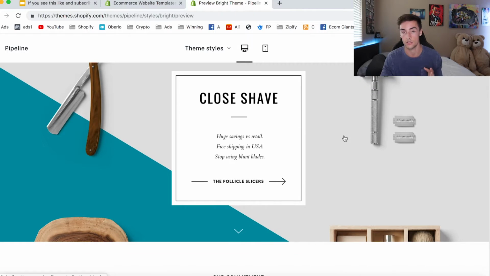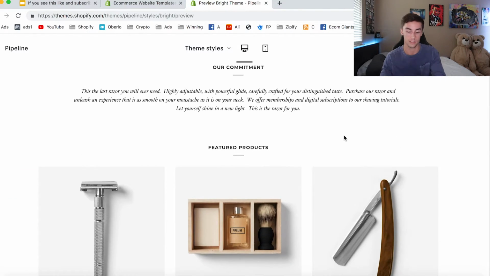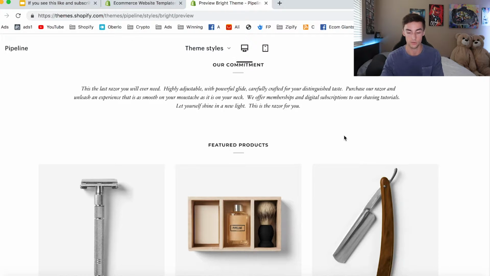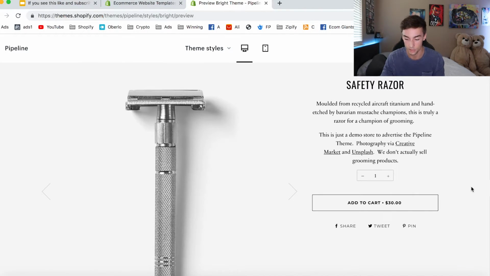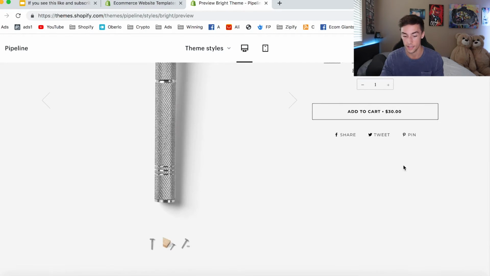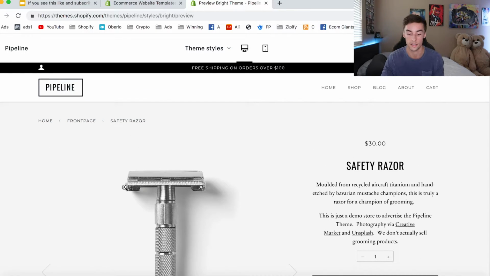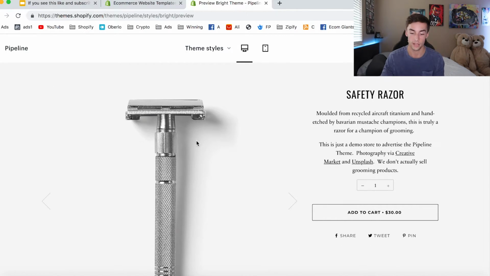Now, one thing I did on this theme is I switched up the coding. This obviously is not my site, so it's the default coding, but I'm gonna show you what I did. I made the add to cart button solid, I made it bigger, I made this bigger, added some darker lines, and I basically changed the layout. So one thing I don't like about Pipeline is the product images are very big and the description's kind of small, and you can't necessarily make it so it's 50% image, 50% description, or 33% image, 66% description, unless you code it yourself. So I had to code that myself.